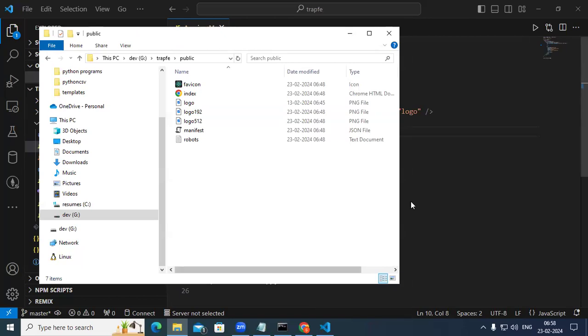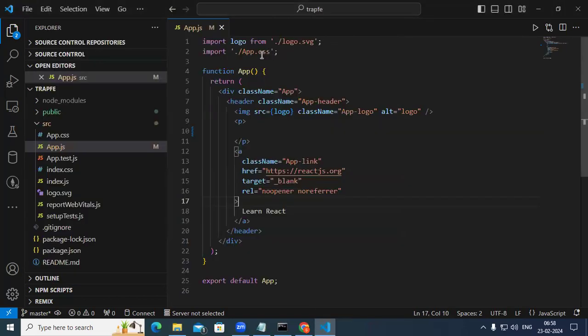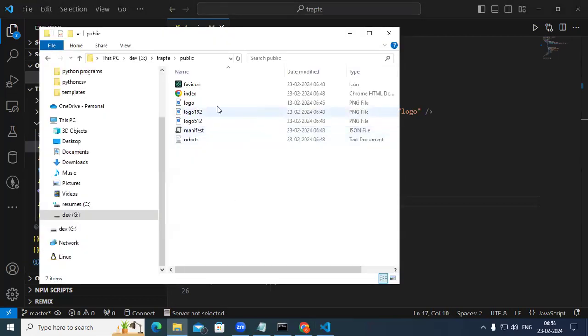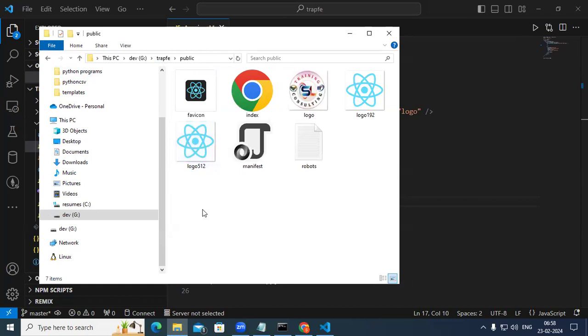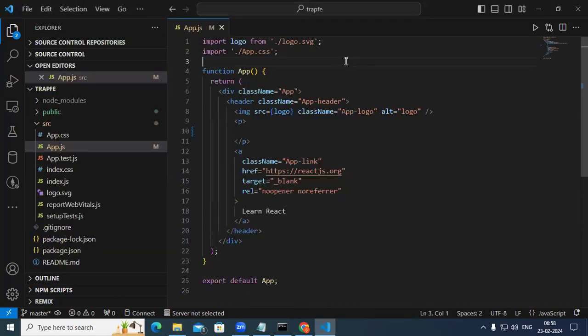And when you come to here in this, from the logo.svg it is taking, but what is the file we have just copied? It's a PNG file. Okay, it's not actually any SVG file. It is here. Okay, if you come to this one, here nowhere we have, I think, logo 192, something like this you have. So if you see, there is nothing like actually logo.svg. So here, what I do, logo,